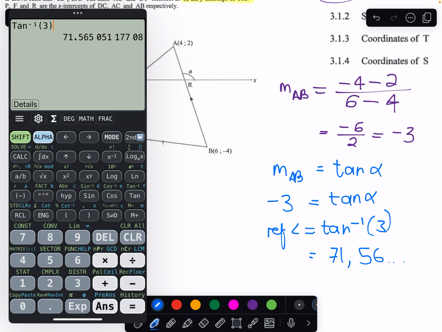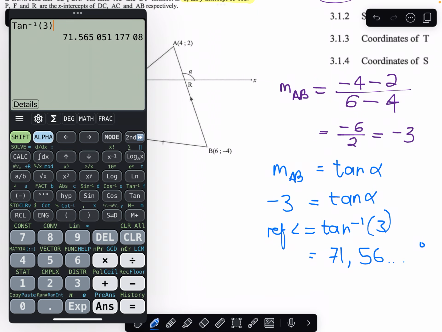71.56 and so on. And because tan is negative, and we know that tan is negative in the second quadrant and in the fourth quadrant, but of course because angle of inclination ranges from 0 to 180 degrees, we're only looking at angles in the first or second quadrant anyway. So we are looking at a second quadrant angle, meaning that alpha is 180 degrees minus 71.56 degrees, and that is roughly